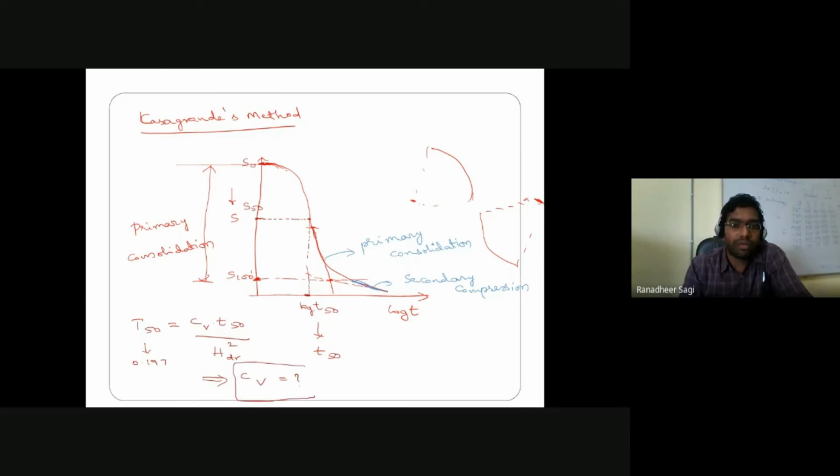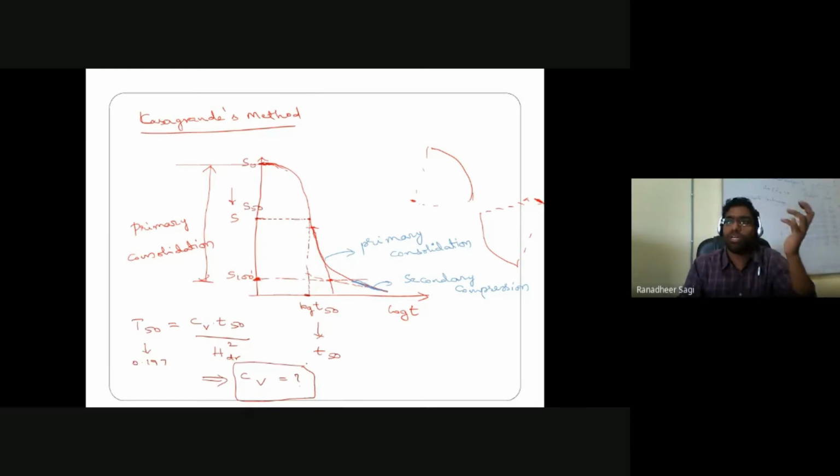So ultimately, whether you calculate your Cv based on Casagrande's approach or Taylor's approach, the Cv value you get is more or less going to be the same. Okay, there would be a slight variation, but there is no issue. So once you know your Cv value, you can estimate for that similar soil existing in the field, over a depth of 10 meters or 20 meters or 5 meters or 100 meters, how much total settlement you are going to have in the soil, or how much is the settlement after 5 years, or after 10 years, if I want to find out.